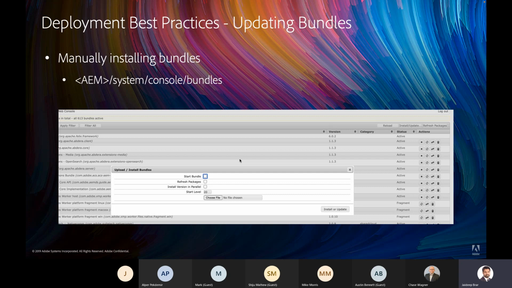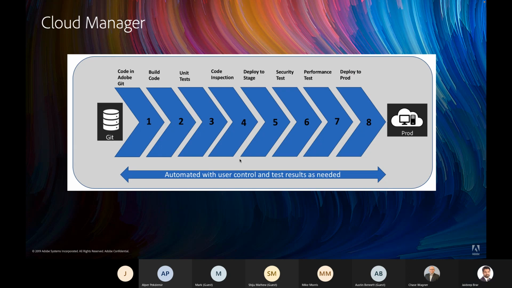So the best way is to package up your bundle as part of a package, and then once you install that package and it breaks something, if you remove that package, AEM will automatically remove that bundle and then restore the last known version, which will be the older version. So this is one of the issues that I have seen happen a lot of times. So a lot of sharing, and then lastly,